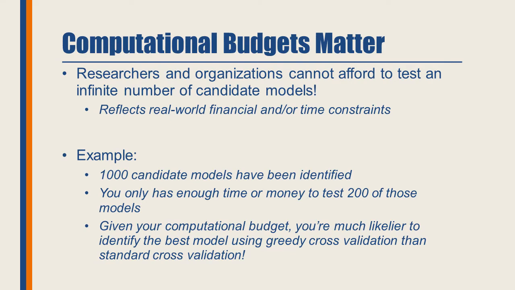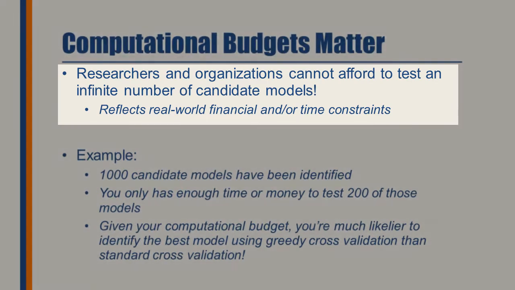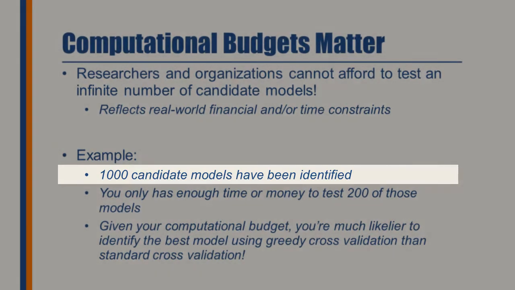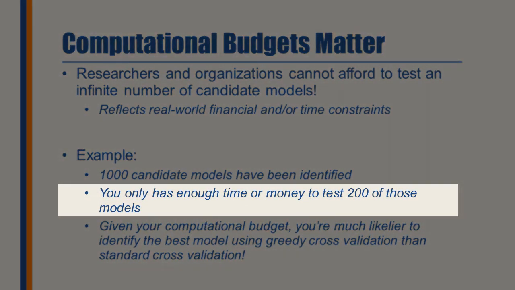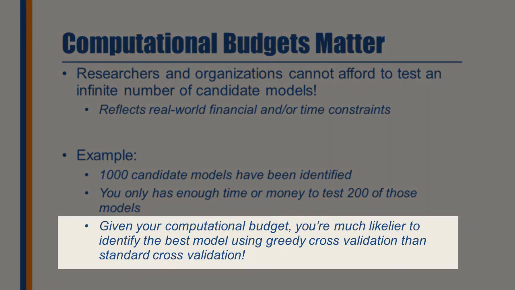Why does this matter? Well, in the real world, most companies and machine learning practitioners have a computational budget. You may, for example, want to test 1,000 different candidate models. Testing machine learning models is expensive and time-consuming, however, so you may only have enough time or money to test, say, 200 of those models. Given your computational budget, you're much likelier to identify the best model among the 1,000 candidates by using greedy cross-validation